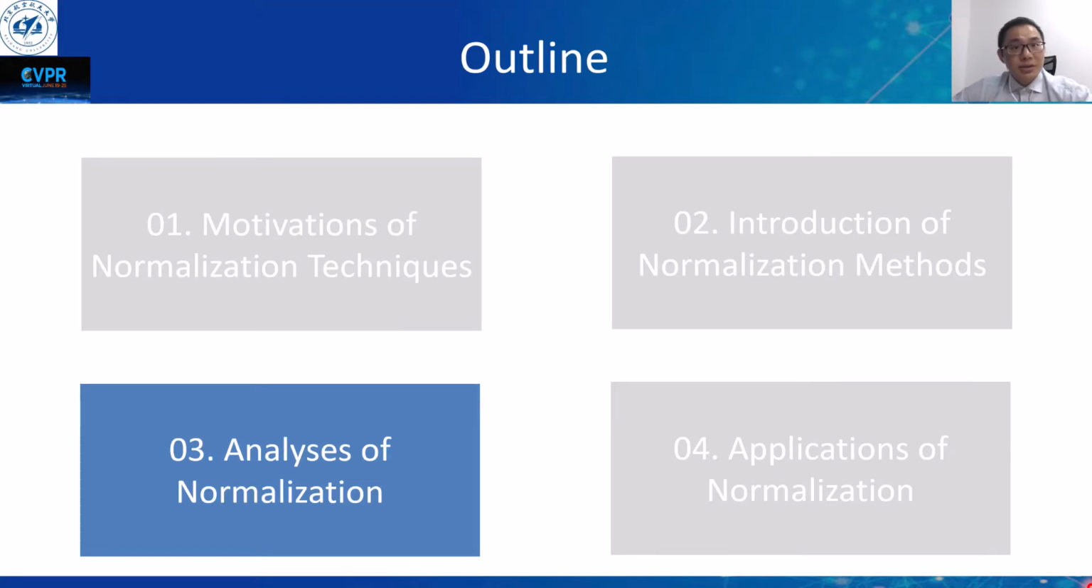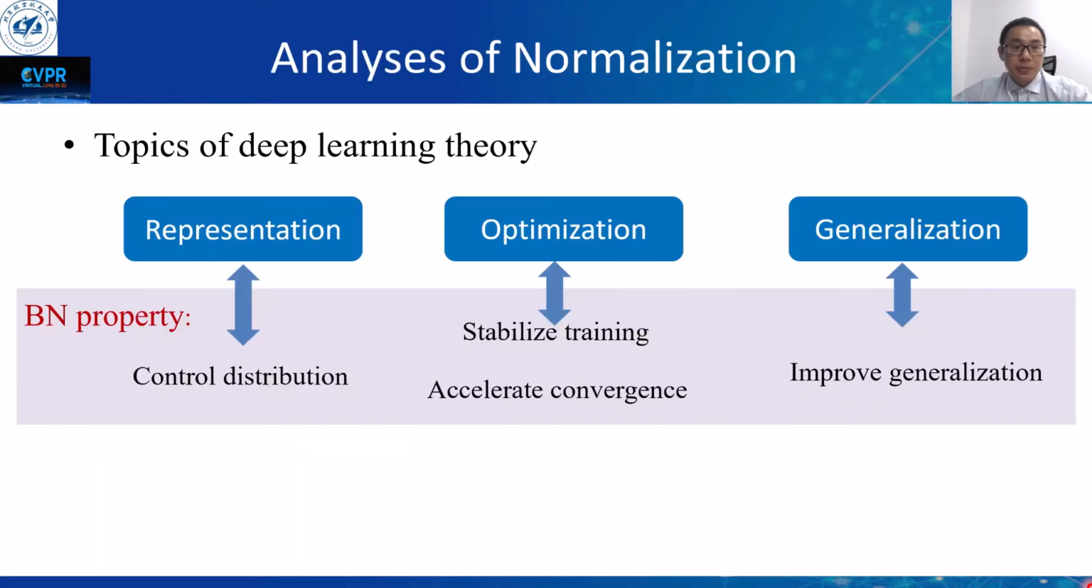Okay, let's start the following part: analysis of normalization techniques. In the first part, we provided a high-level motivation of normalization in benefiting network optimization. In this section, we will further discuss and analyze other properties of normalization methods in improving deep neural network training